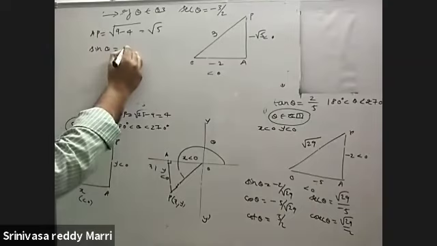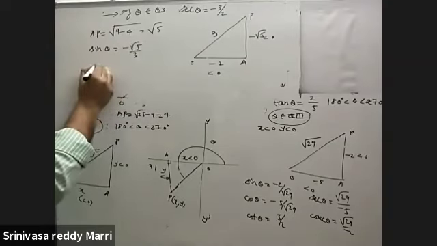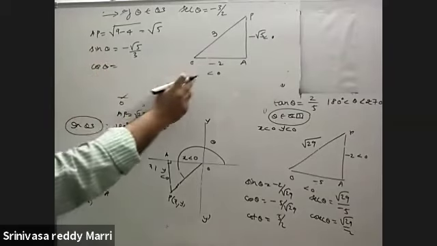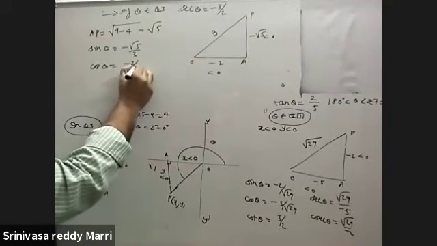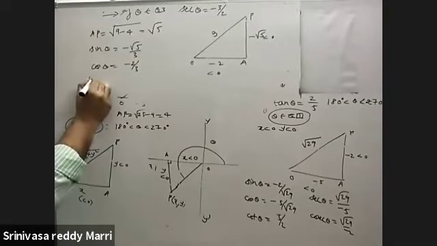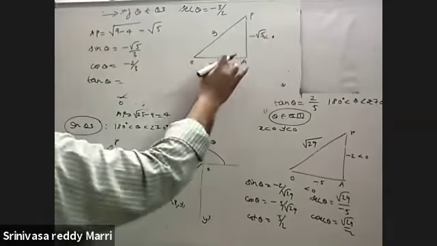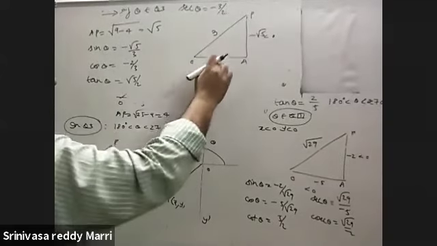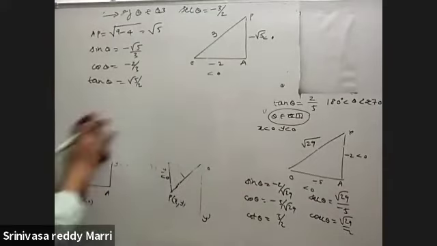Sin theta is nothing but minus root 5 divided by 3. Negative. Similarly, cos theta is nothing but, write directly, -2 divided by 3. If minus is there, -2 divided by 3. Tan theta, look at minus root 5 divided by -2. If you have written root 5 here and -2 here, you will get positive. In quadrant 3, tan is positive.